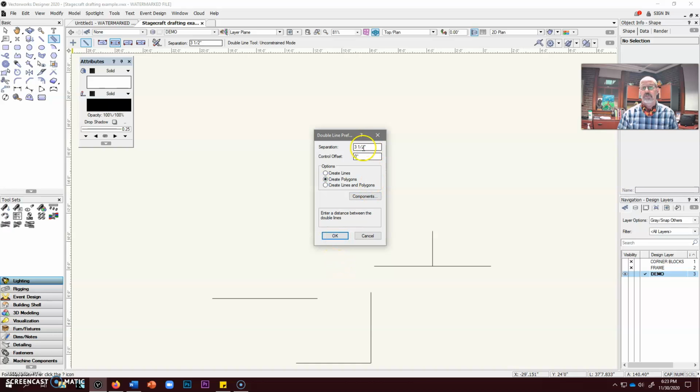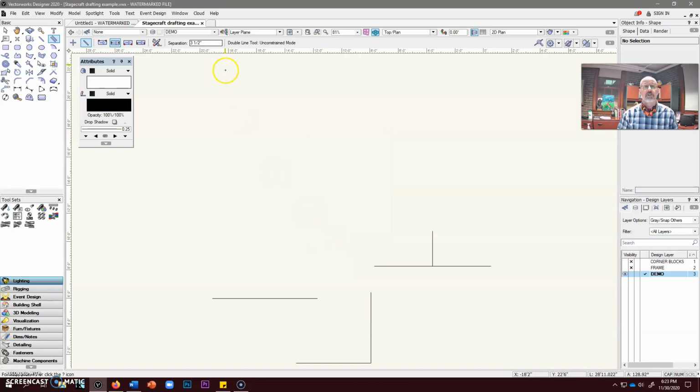Now here's a good example of where your navigation bar and your context ribbon saves you some steps. I can open up the preferences and set the separation at 3.5 inches, or I can just set it in here and make that 2 inches or whatever I like. It doesn't like 2 inches in a row, so I'll fix that. All right. So now my double line tool allows me to click,